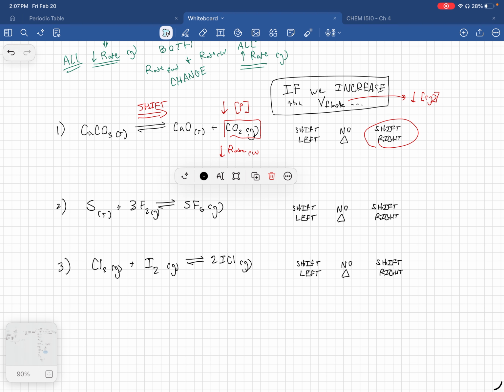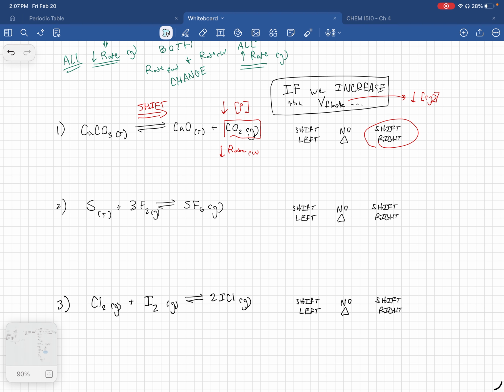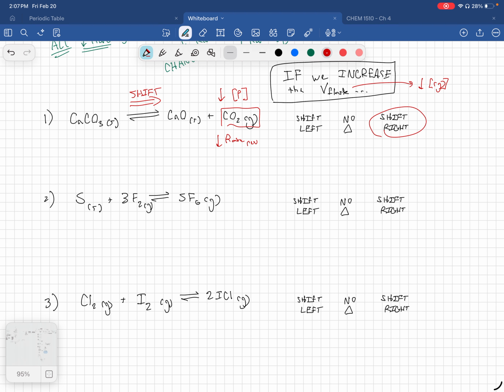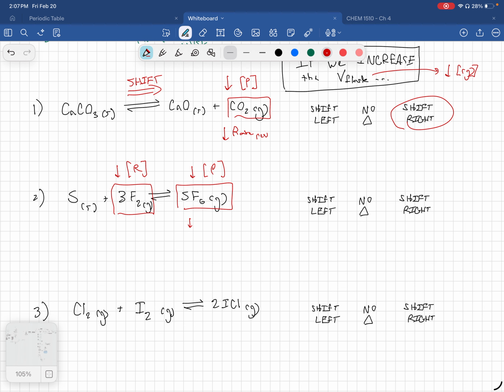Let's look at the next example. Okay. So again, we're increasing the volume of the flask. We've got this gas here and this gas here. And so in this case, since these are the only gases, we are simultaneously decreasing the reverse rate and decreasing the forward rate. So how do we know which direction it's going to shift? Well, we have to pay attention to